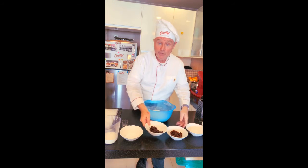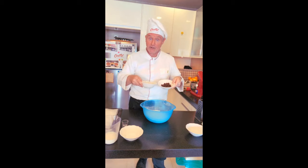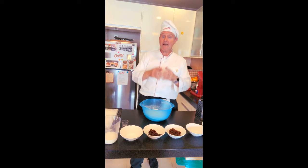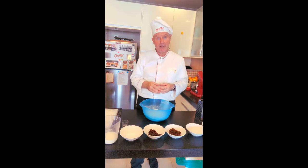But I'm going to basically divide my mix into two. One part will be sultanas and the other part will be cranberries, and I'll go into a little bit more detail on that later. So the first thing and most important technique in actually making the scone is in combining together the flour and